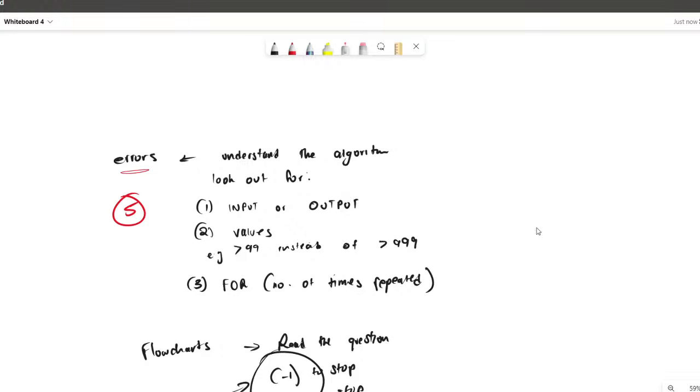Wait, is section A into 1? Yeah, so section A is about pre-release. It's 20 marks, and section B is 30 marks. The entire paper is 50 marks. Section B, what we usually have is we have errors, we have flowcharts, and then we end off with query